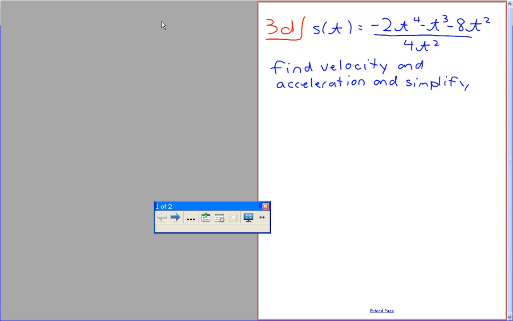Take the derivative, find velocity. S prime of t is going to equal what? Okay. Guys, please stop. Go. Before I do that, I'd like to simplify that line down to negative 2t to the power 4 minus t cubed minus 8t squared